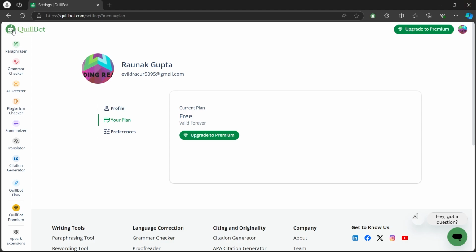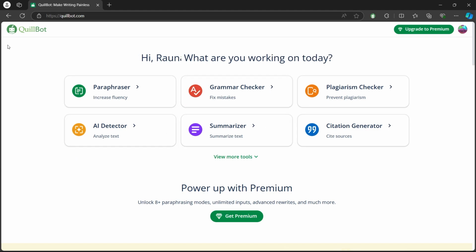Now after you cancel the plan, you will get a pop-up asking you again whether you want to cancel it or not. So click on cancel and you can easily cancel your QuillBot subscription. So that's how you cancel QuillBot